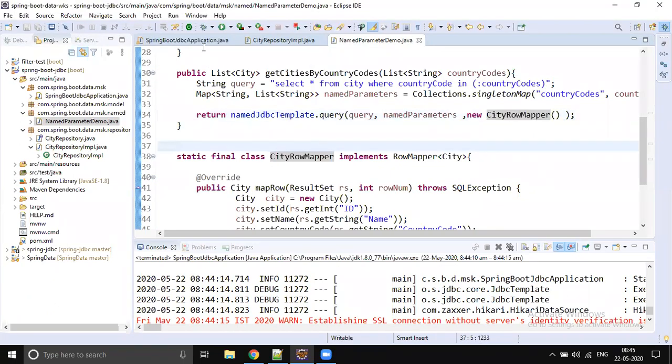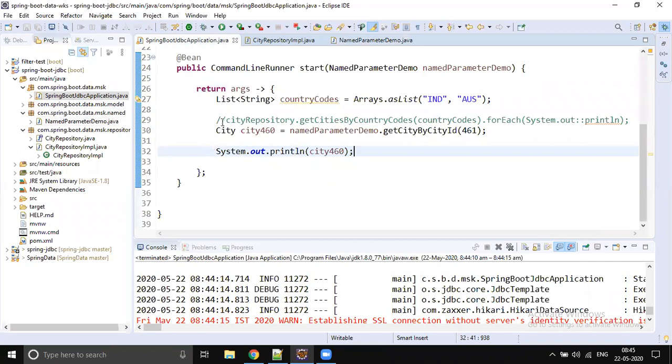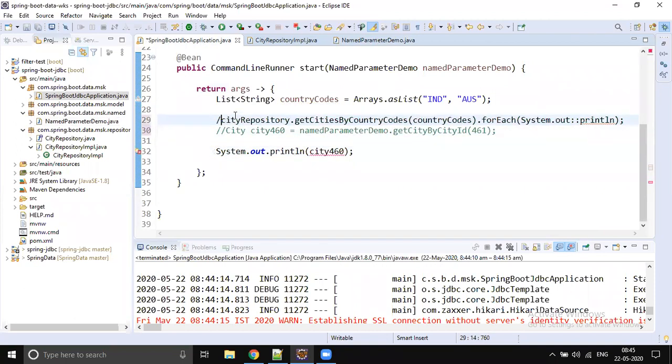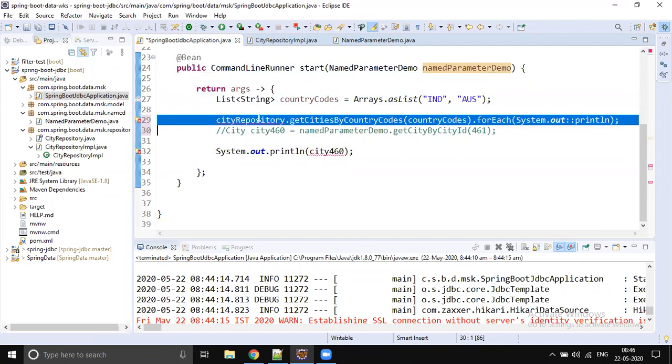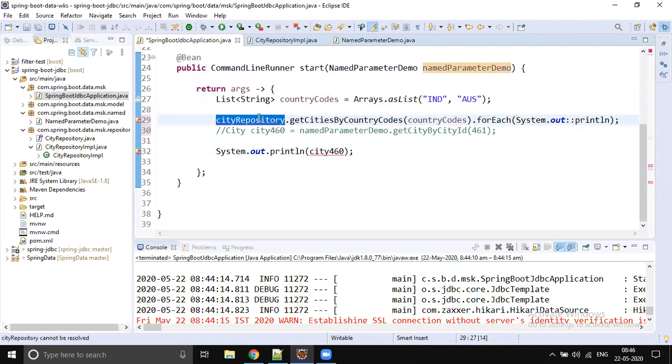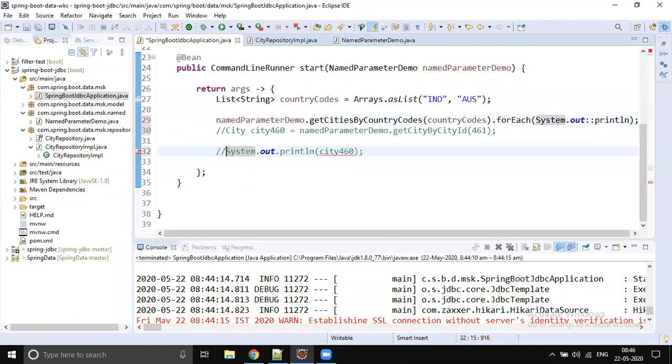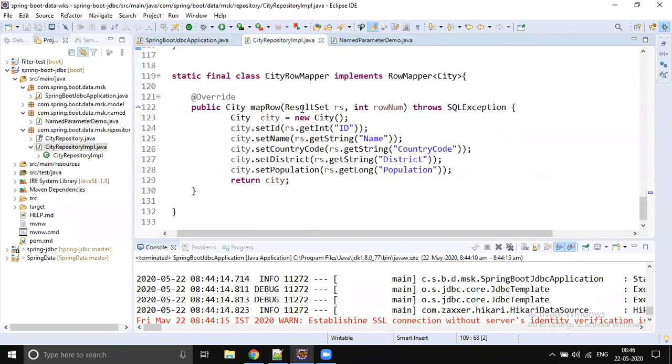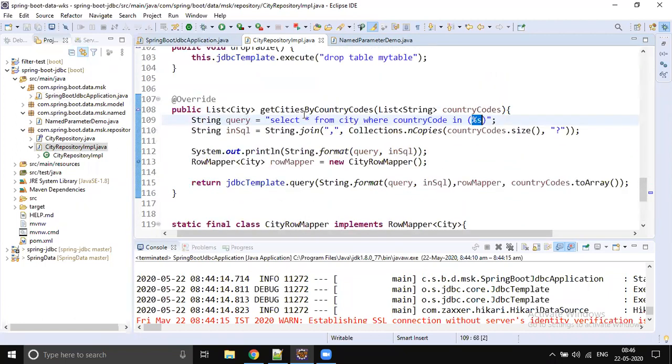Let's go to the Spring JDBC application, comment this line and uncomment the other line. We will be passing two countries and we will get the two countries' information. Last time in the city repository we were doing some string manipulations.